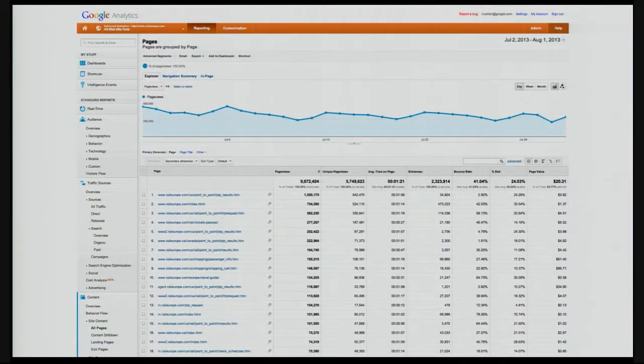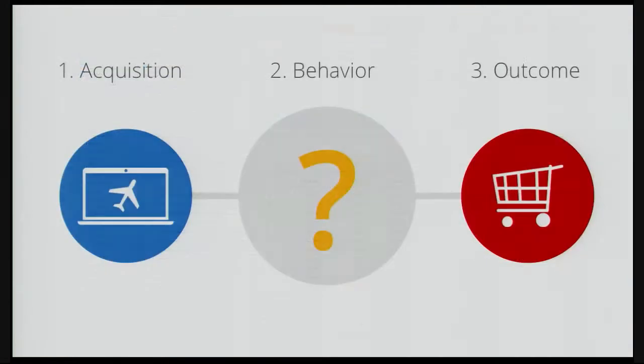If you're using Google Analytics, you will see that it's doing a really good job at giving you a lot of insights around acquisition. You get a lot of reports that tell you what campaigns your users have clicked on, what sites they've been to before they came to your site, what keywords they typed in a search engine. So it's really good to give you insight on traffic sources.